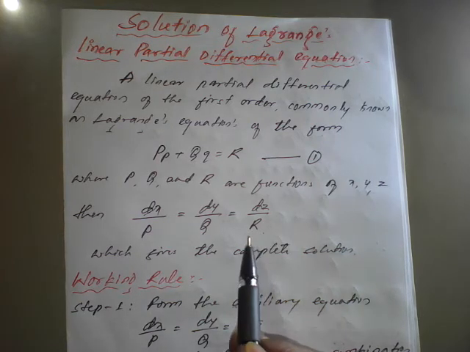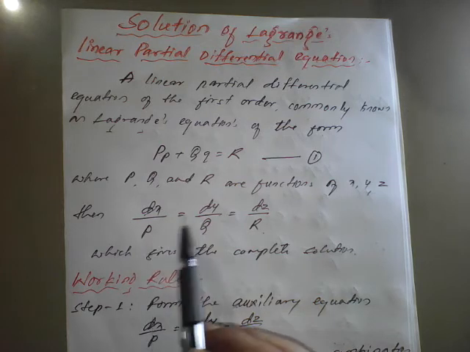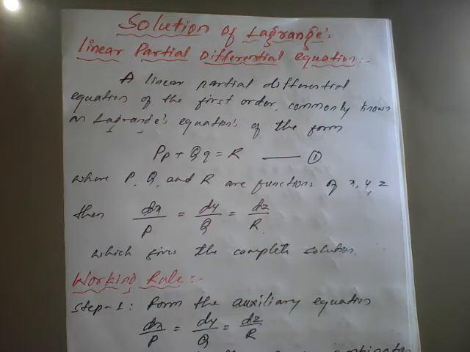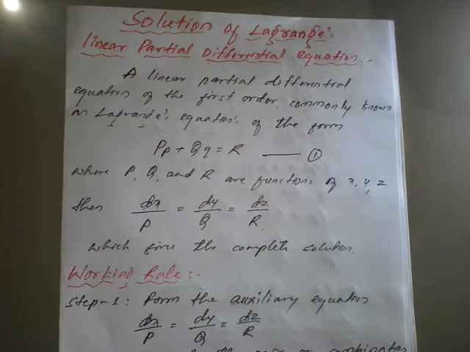Today in this class we'll see: if one pair is possible to integrate easily, and if you choose another pair, it will not be easily possible to integrate. In such a situation we need to choose multipliers, and we need to get the solution in such cases. Examples like that we'll see in today's class, and the question is: